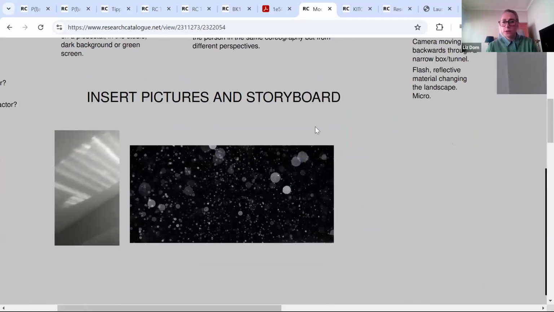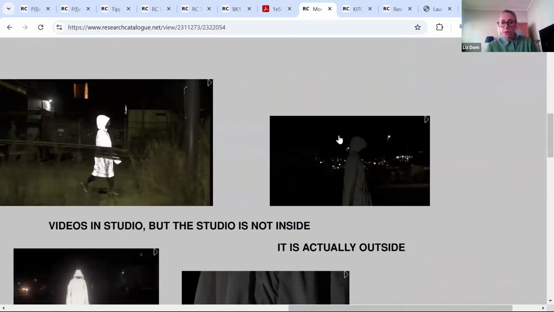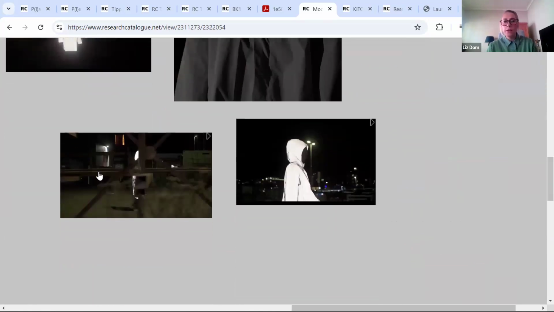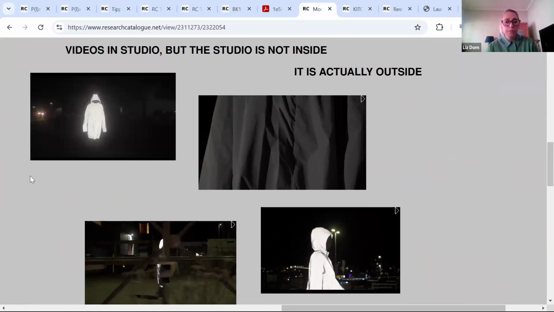Again, just some movement experimentations. This was also from some of their experimentations that they then put in here. So this is a part of the music video. They were testing out, for example, these reflections. This was just a reflective rain jacket, but they were testing it in different lighting conditions.